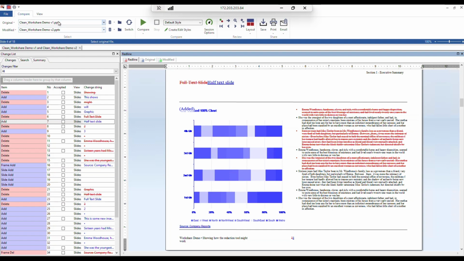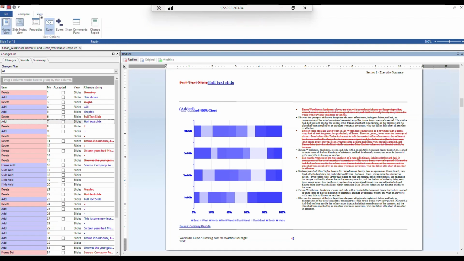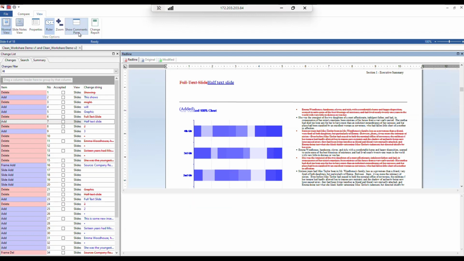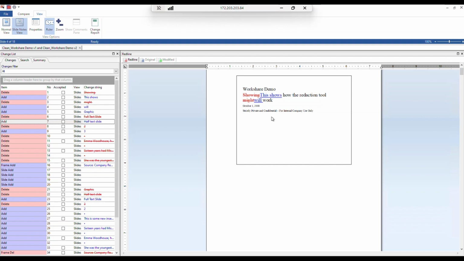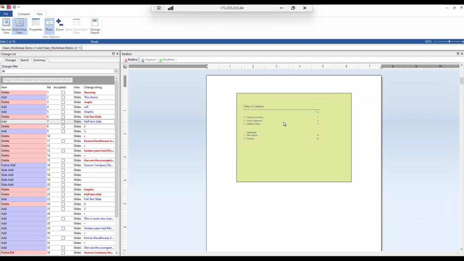And again, we have the same functionality on the ribbon around render sets, navigation, rejecting and accepting changes, saving and printing out the emails, and emailing your red lines. And we can also change the view. So if we wanted to see the comments pane, we can see that in here, and we can also have the normal view, or we can look at the slides in the slide notes view, and that's where you would get any notes that would be on your